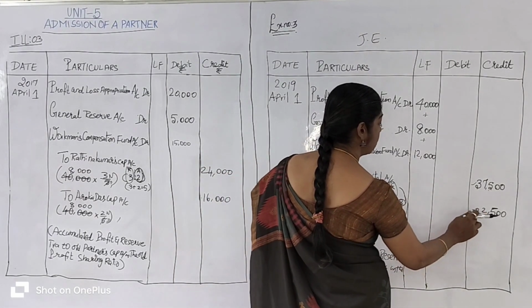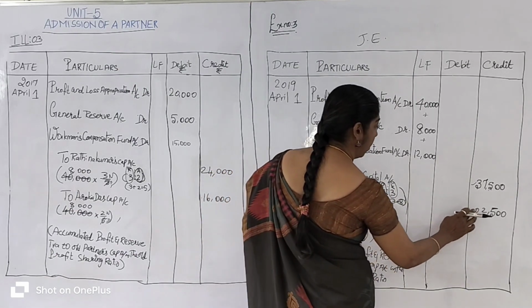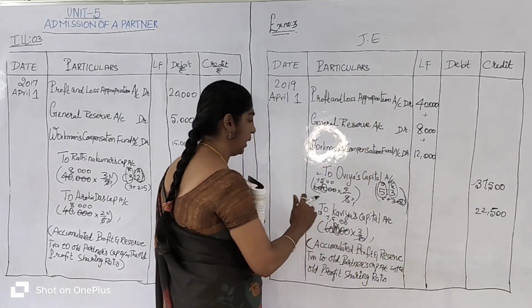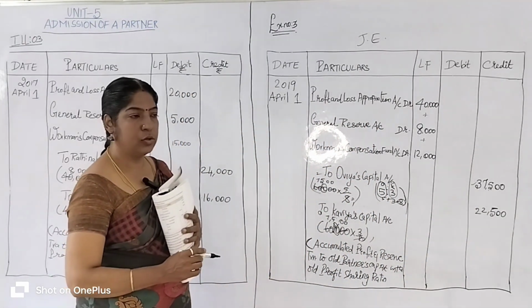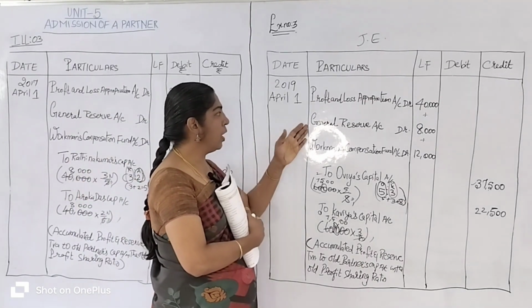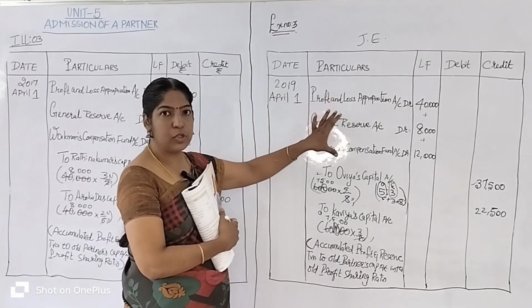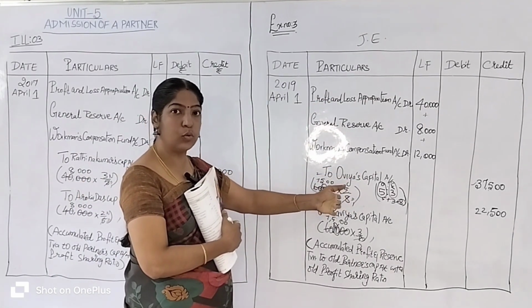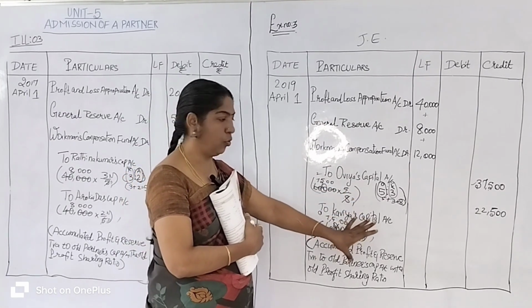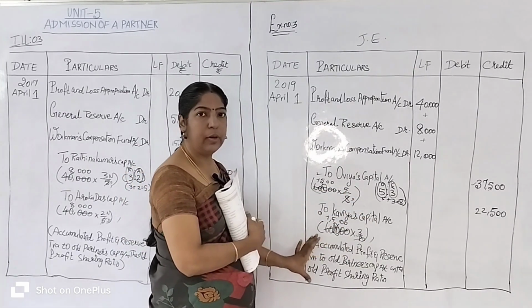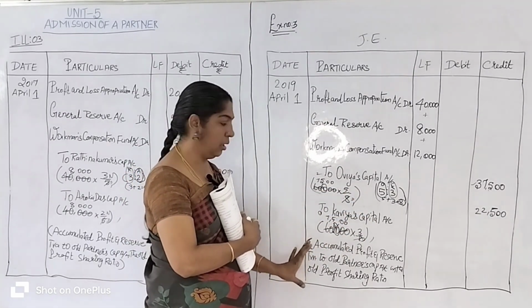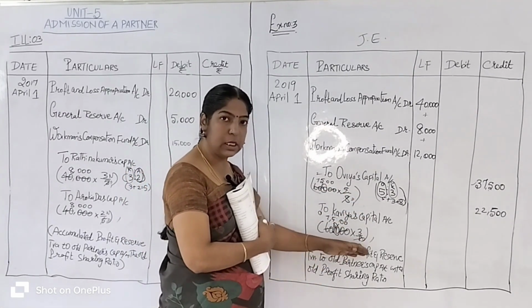So 22,500 for Kavya's capital account. Now we have distributed the accumulated profits to the old partners in their profit sharing ratio. Now we are going to write the narration. What is the narration? Accumulated profit and the reserve transfer